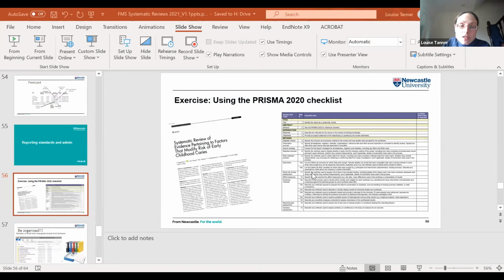Okay, so just very quickly, I think this is the last slide that I'm going to mention, because I can see that we've gone slightly over time now. I mentioned earlier that when you write your systematic review, you should use the PRISMA checklist, which is just a list of items that you should include when writing up your review. The PRISMA checklist is referenced in the bibliography section for this presentation, and basically you just need to go through each item, and list the page number where that particular item is reported.